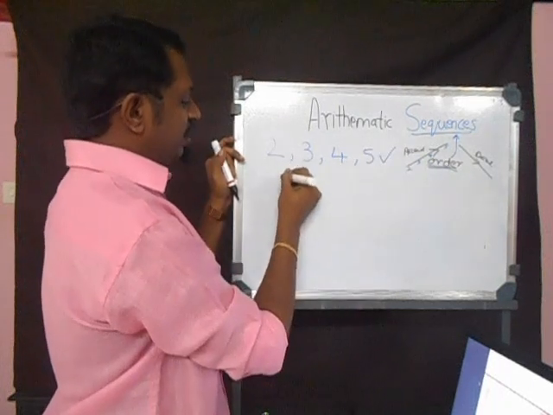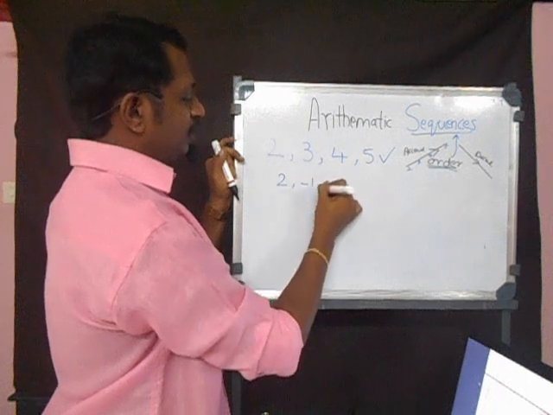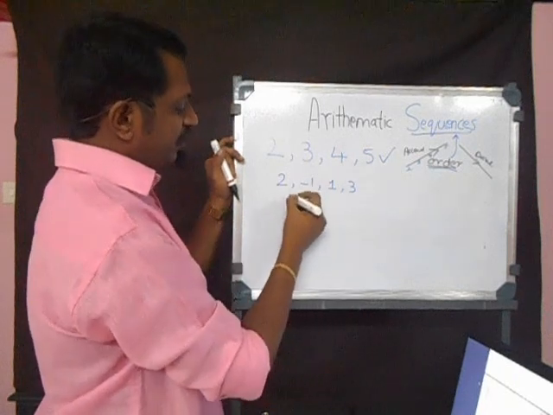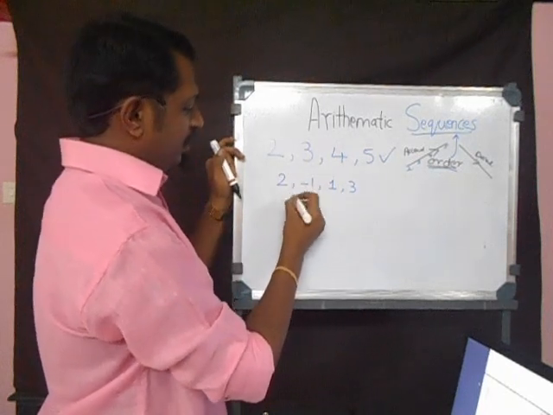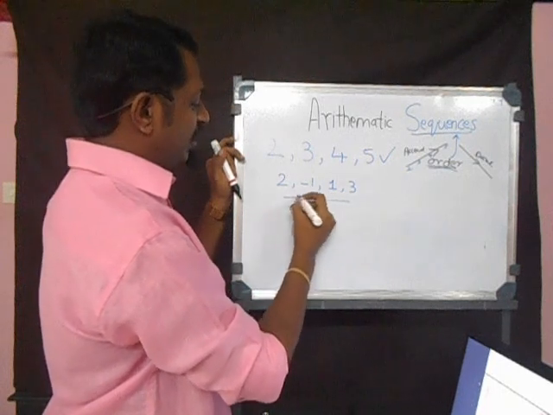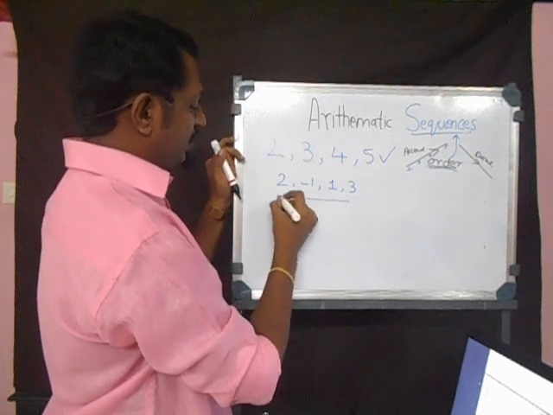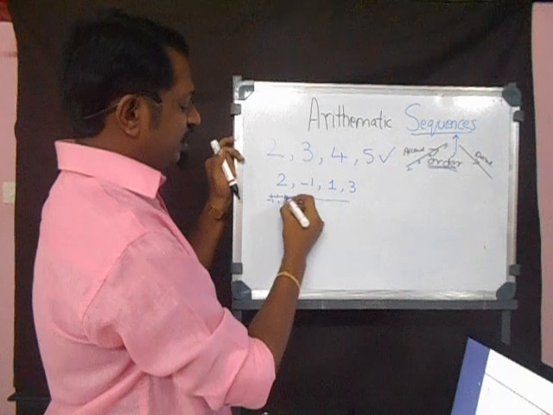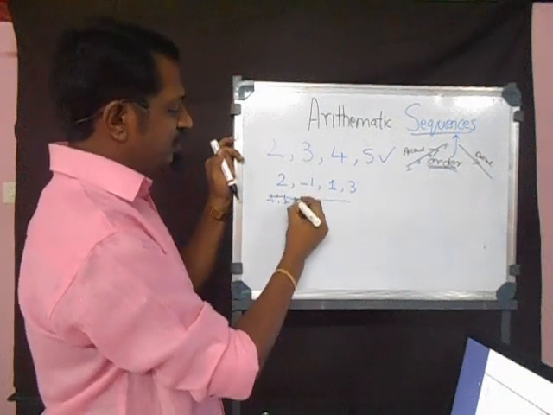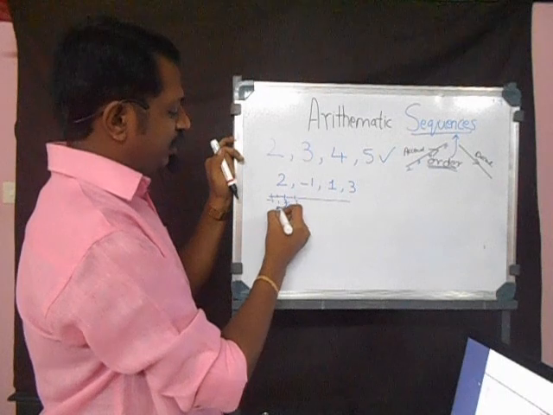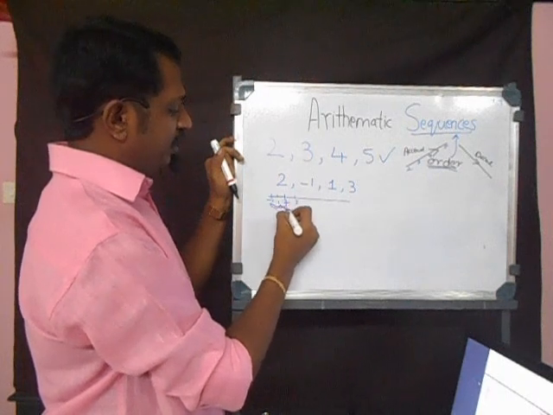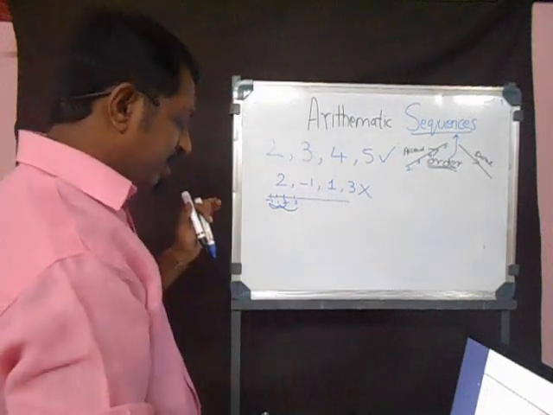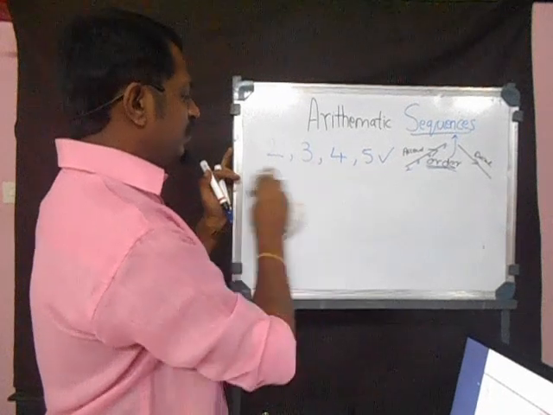If it is, say, something like this, 2, minus 1, then comes 1, then 3, you can see that the order is totally disturbed. That is, if you put it on the number line, 2 is here and minus 1 is here and then 1 is here, but you see the complete order has been disturbed. After 2 it is minus 1 and then again back here and then here, so the order is disturbed. So this is not a sequence. Let's go for another one. Now once we talk about sequence, it's very clear.